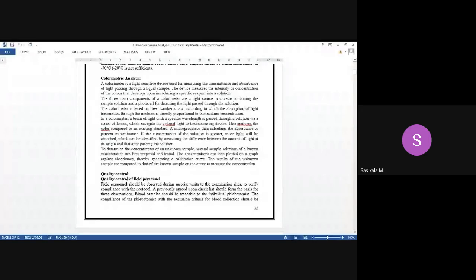In colorimetry you will be finding two techniques. One is direct comparison, where you take the sample absorbance and compare it with a standard. So one method is called the direct comparison method. Quantitative methods are known as the direct comparison method. And the second one is called the calibration curve method. Let me type the methods in your chat box. Comparison method. Second one is calibration curve method.